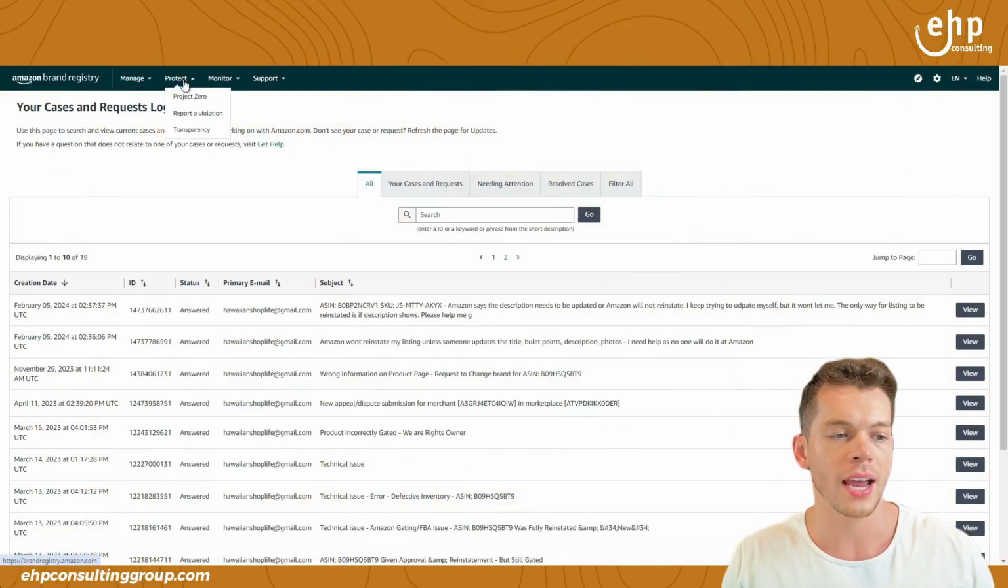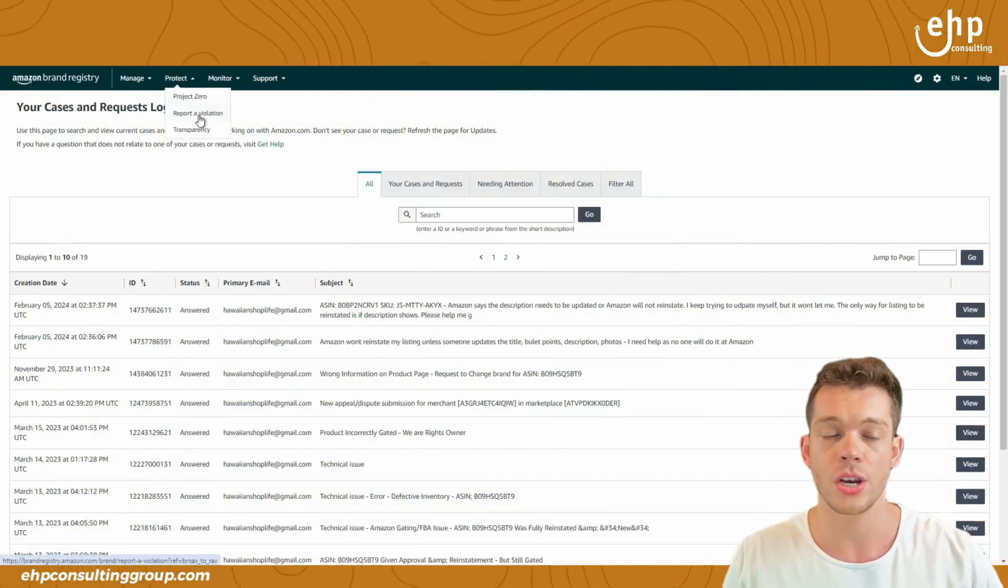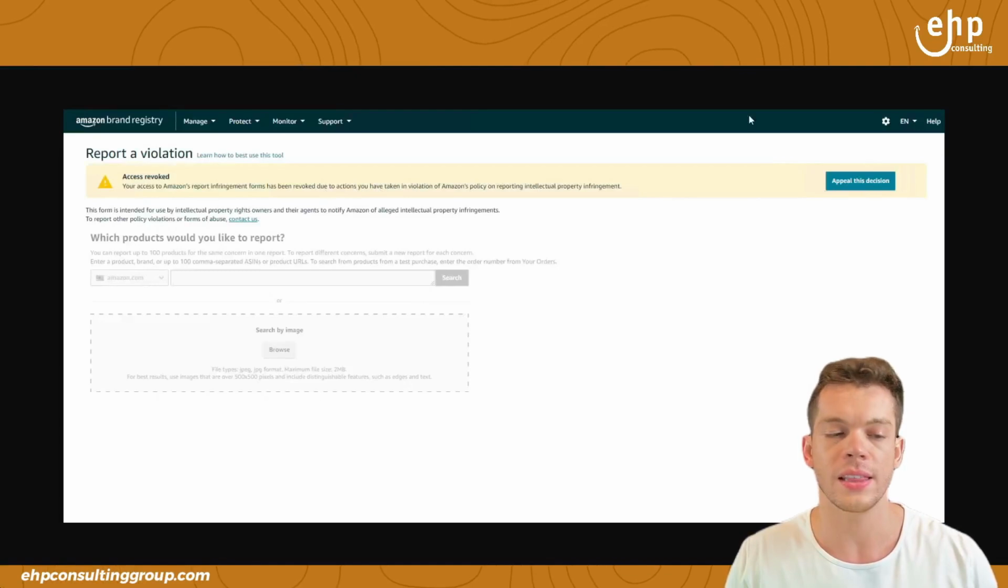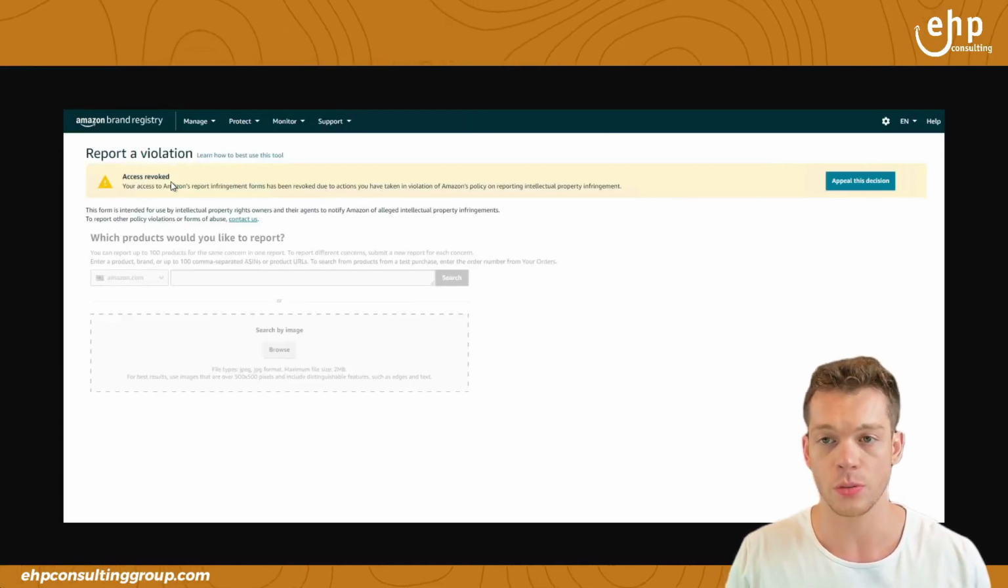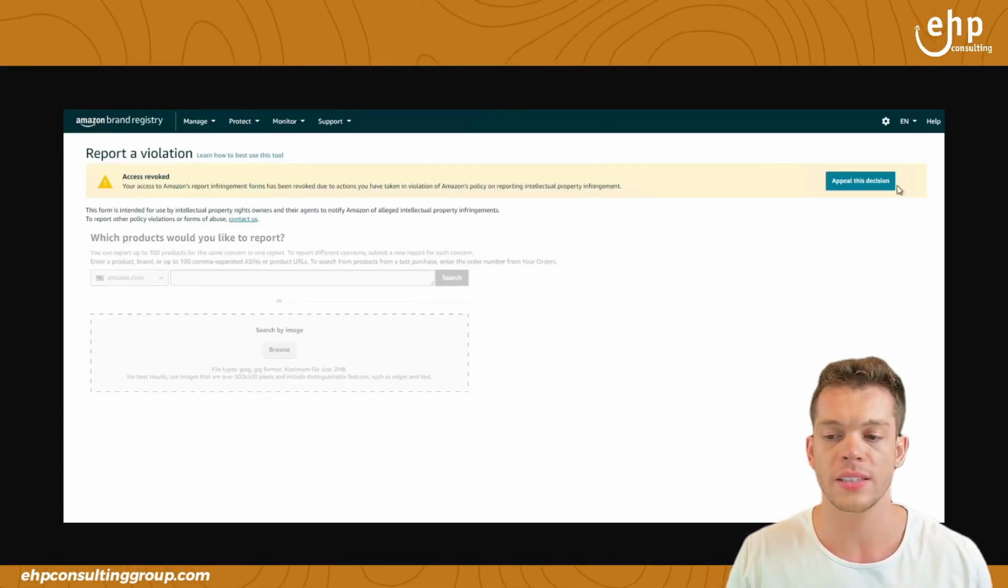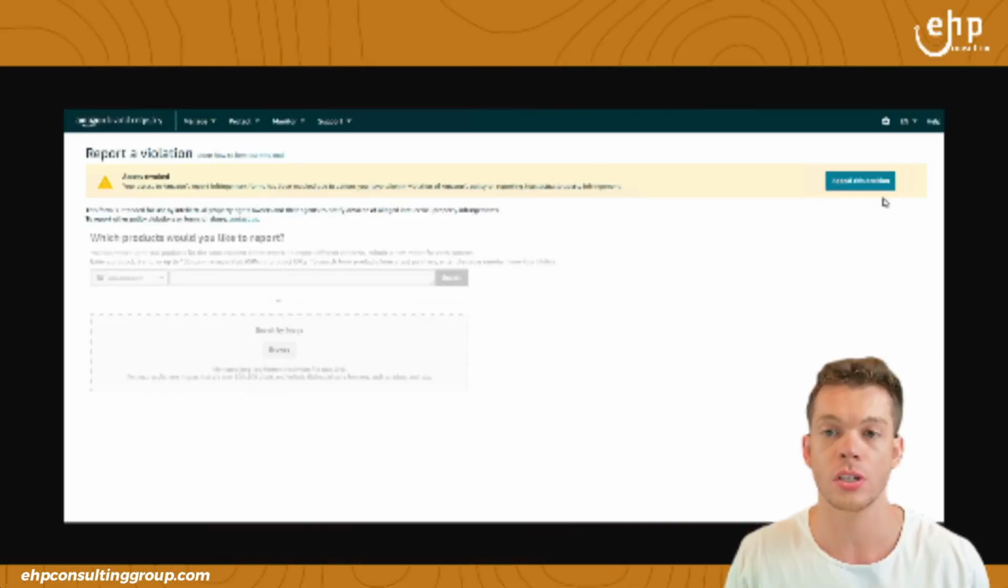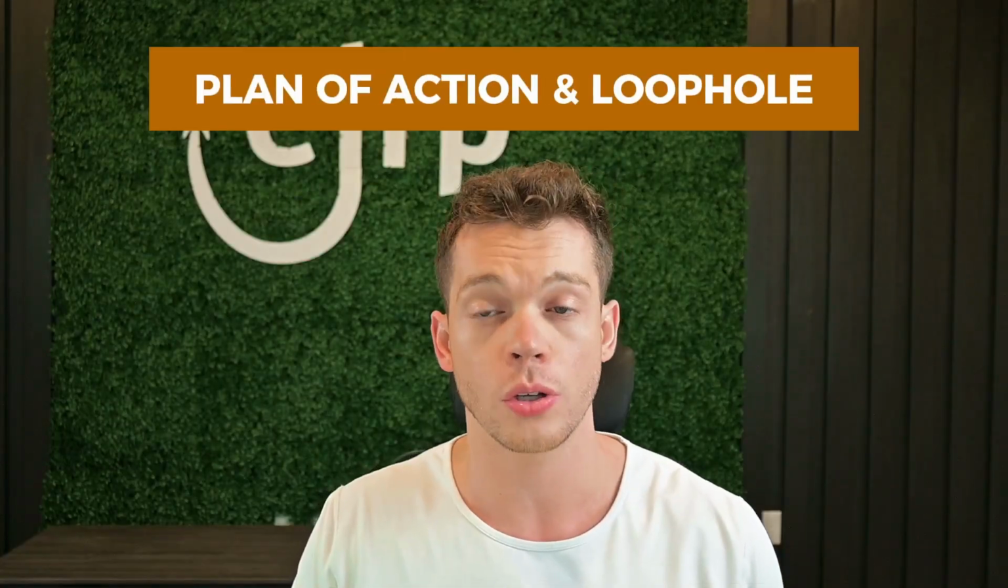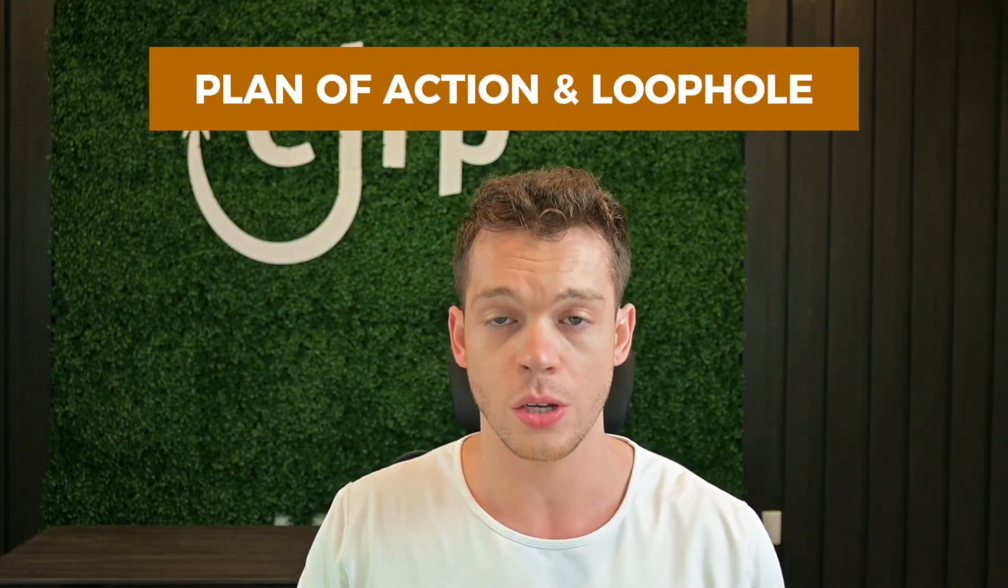So if you log into Brand Registry, go to Protect, and go to Report a Violation, you are going to see this option where your access is revoked. That's what we're going to be fixing today. And here it says appeal this decision. I'm going to show you the plan of action and also a loophole so you can continue to